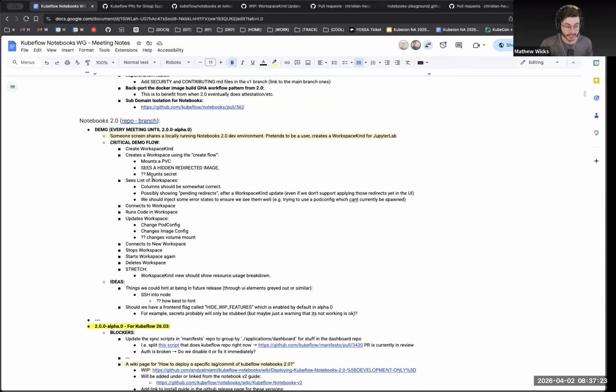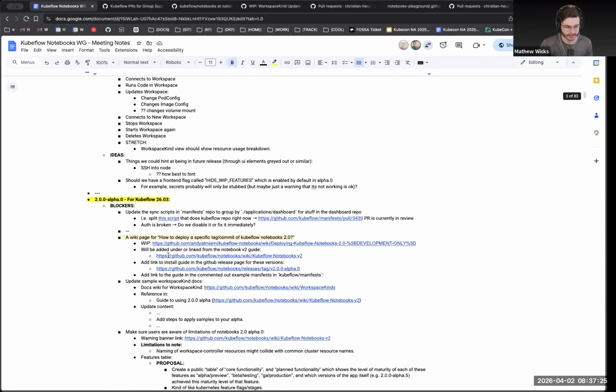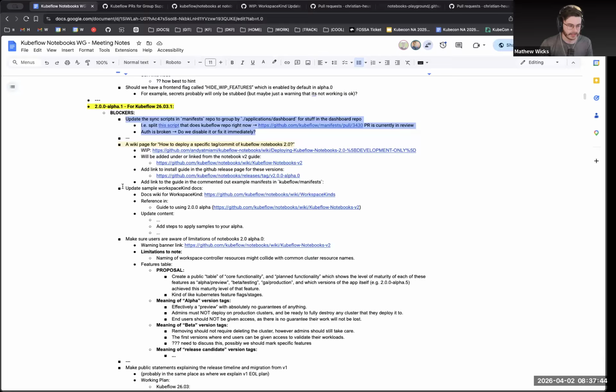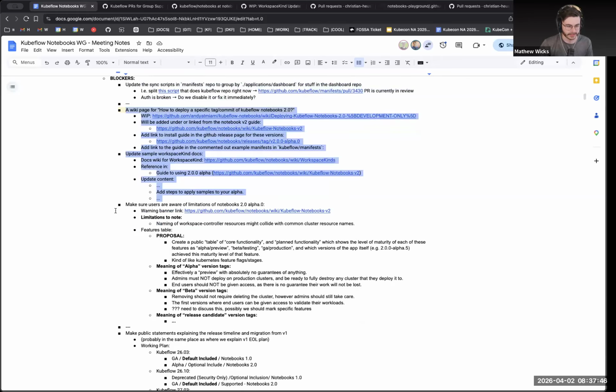There's definitely some bugs which I started writing down a list here. So let's quickly just go for the alpha 1. I'm going to put that there. Wiki page update sync trips. Yep, so that's the one that you've mostly done. You found some bugs, we're going to fix that. We do need to update some of these docs after that, just so that there's some information for users. And